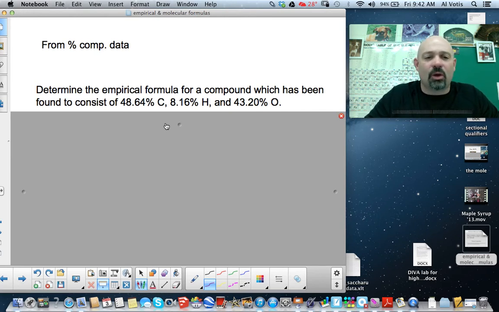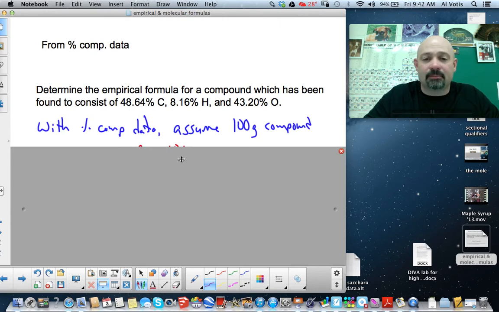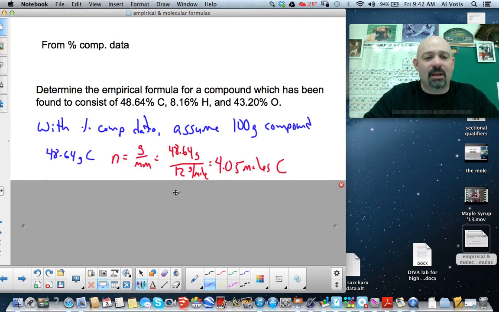The very first thing that we always do with empirical formulas is we're going to make it as easy as possible. So we're going to start off and assume that I have 100 grams of compound. Because if I have 100 grams of compound and it's 48.64% carbon, I know how much carbon I have. I can assume any amount, but 100 grams is very simple because the number of grams of each element you'll have in a compound equals the percentage. So if I assume 100 grams of compound, I'm going to have 48.64 grams